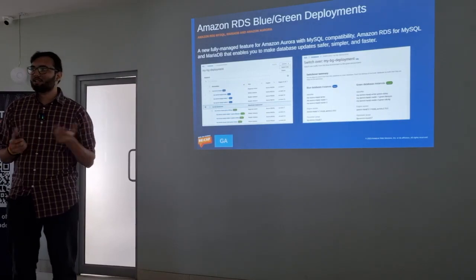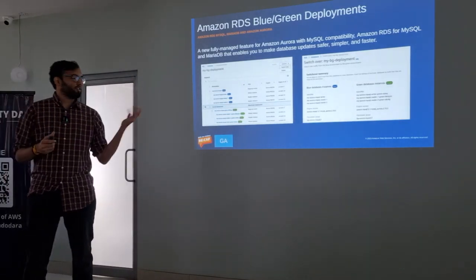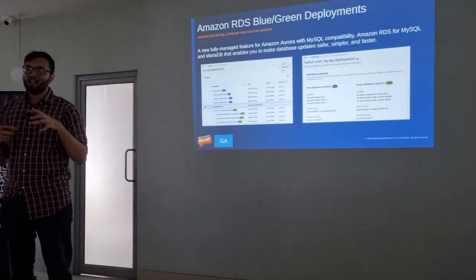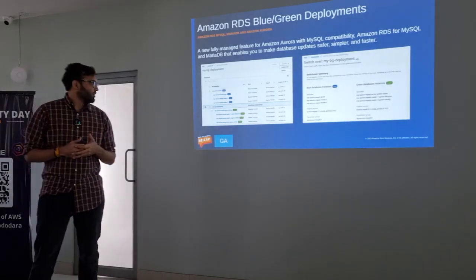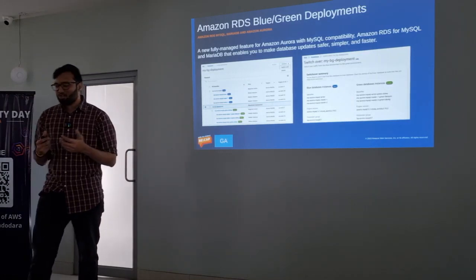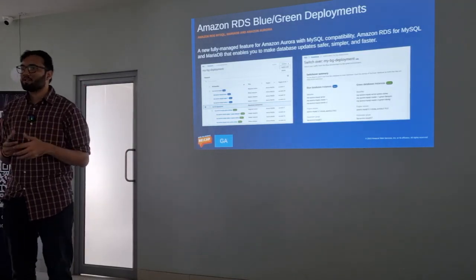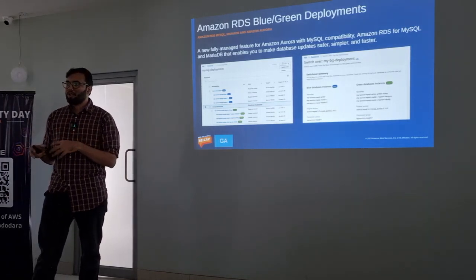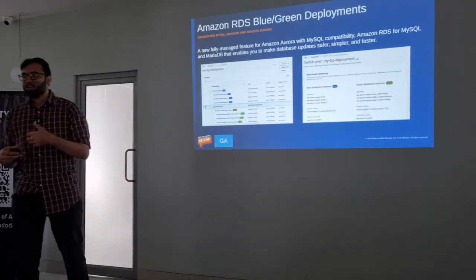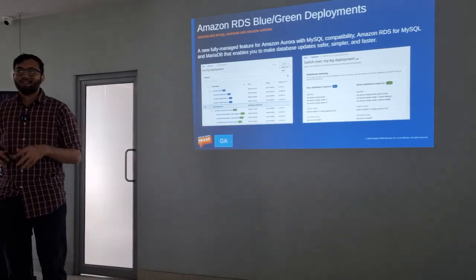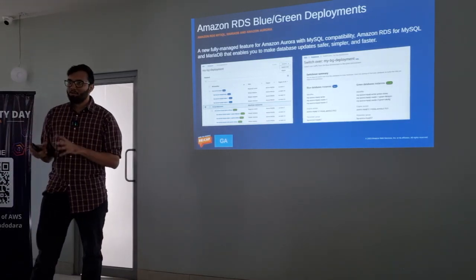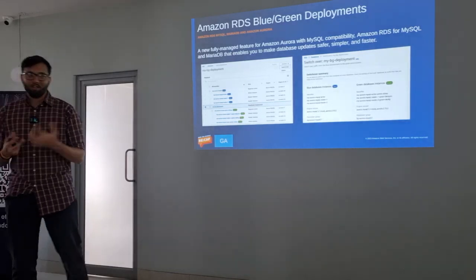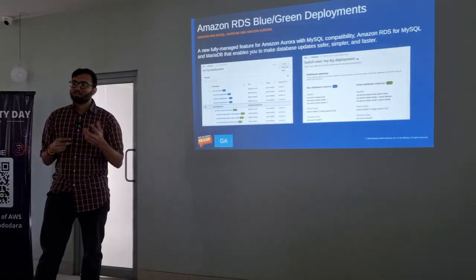Yeah, so let's say I want to make any schema changes or updates to my RDS database, right? So how will I do it? What are the options I have? I have two major options. One is in-place deployment, right? The production database is there, and I make the change in place. That's mostly what people do. Again, in production, you might not know what might happen, but for small schema changes, you might want to do